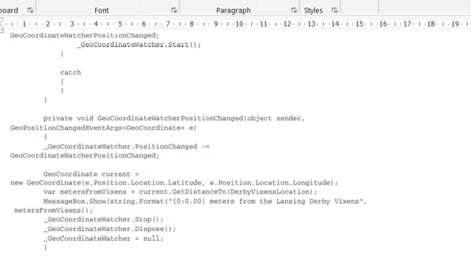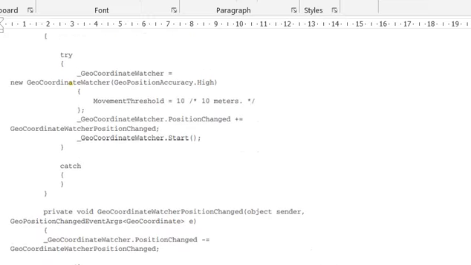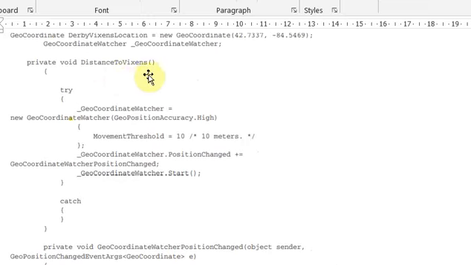Okay, so here this particular event, that is distance to Wisens. Here we are setting a threshold value. The maximum distance between the two points, we are setting as 10 meters. We have written it within the try block, so that if any exception arises, it is for exception handling. So the maximum distance between the two points is set to 10 meters.